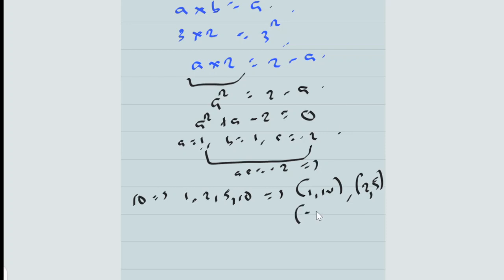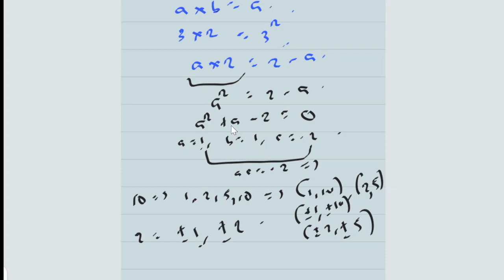And by the way, you can have minus. It can be plus or minus 1, plus or minus 10. It is not ordinary addition, plus. Then plus or minus 2, plus or minus 5. So you can see that the factors of 2 are plus or minus 1, plus or minus 2. Then you think from these factors, which of them you are going to multiply such that you have minus 2, and when you add the same numbers together, you are going to get 1. What is such a number? I think it is 2 and minus 1, because 2 times minus 1 will give me minus 2, and 2 minus 1 will give me 1.